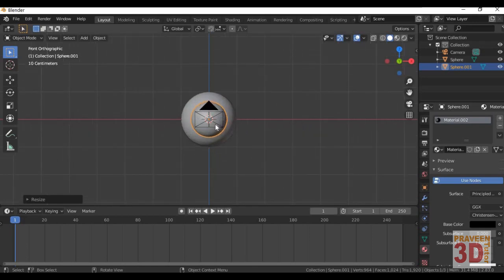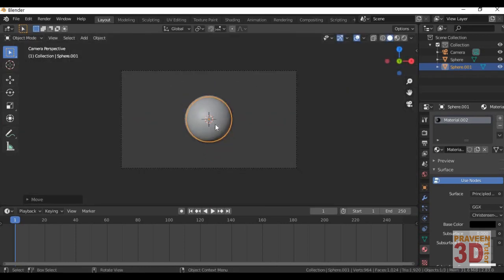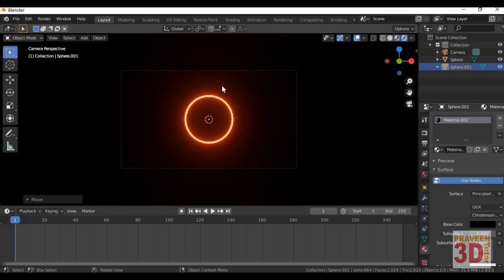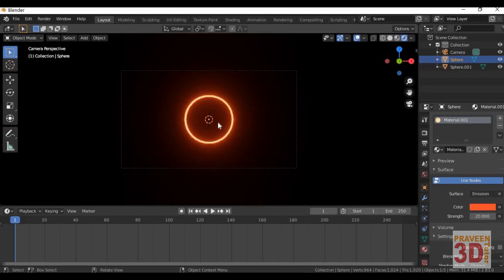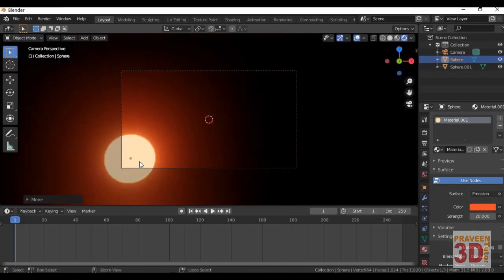Next, move here. I'll just go to the camera view. It looks much better to me. And let's check it out in the render view to see how it looks. Okay, it looks fine. Solid view, or you can go for the render view also. It's very easy to animate. So I'll simply press G, and okay, I'll just undo it.